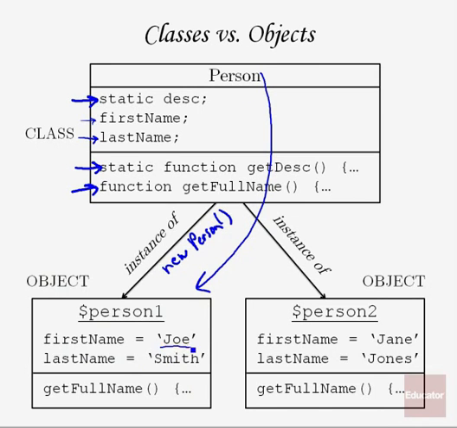So we're going to assign Joe, for example, to the first name instance property, and Smith to the last name instance property. In addition, it gets its own copy in a way of getFullName. So when you call getFullName on this instance, maybe you would call it like this,